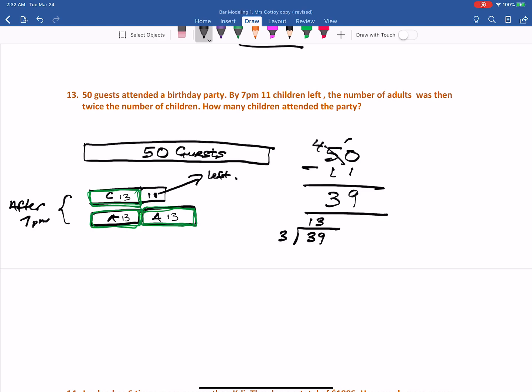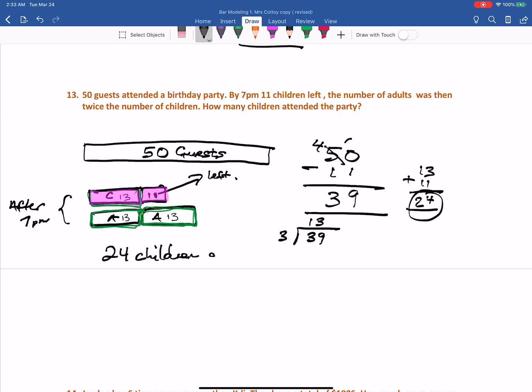How many children attended the party? The 13 who remained plus the 11 that left. I'm highlighting now the 13 that remained. Very often children stop right here. Remember that there were 11 before and they left. So 13 plus 11. 3 plus 1, 4. 1 plus 1, 2. So this is our answer. 24 children